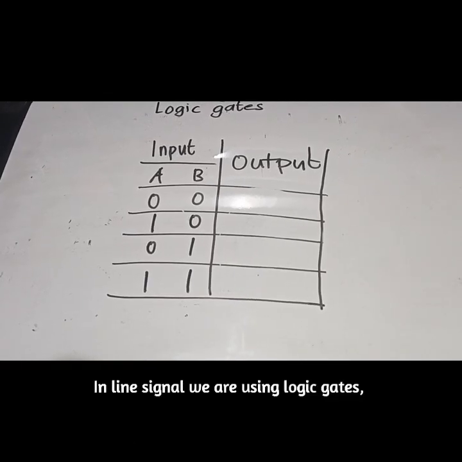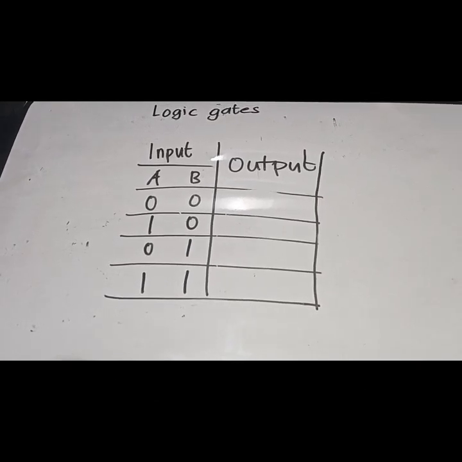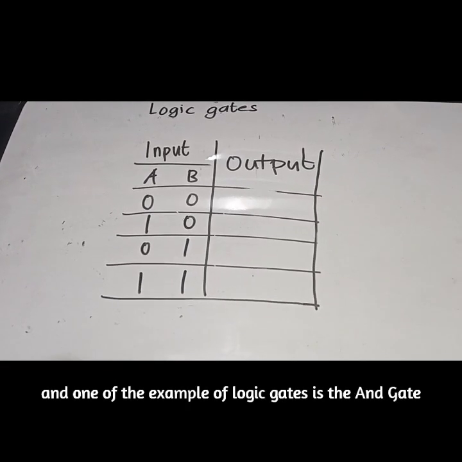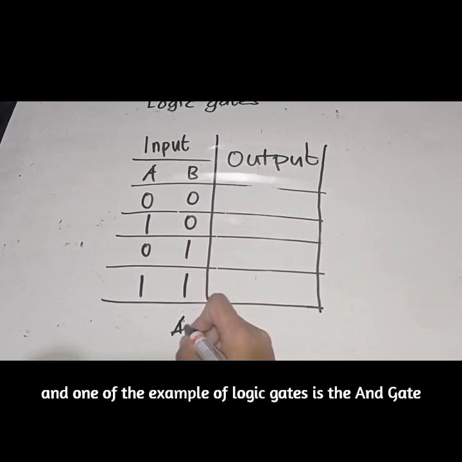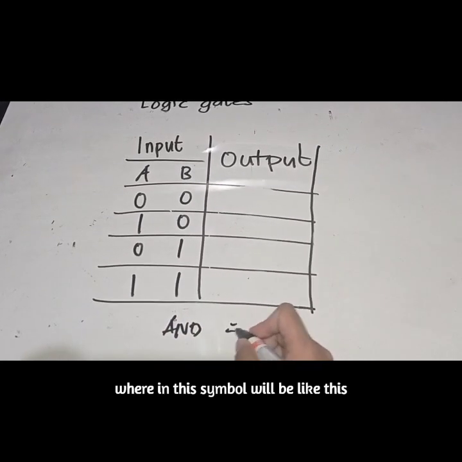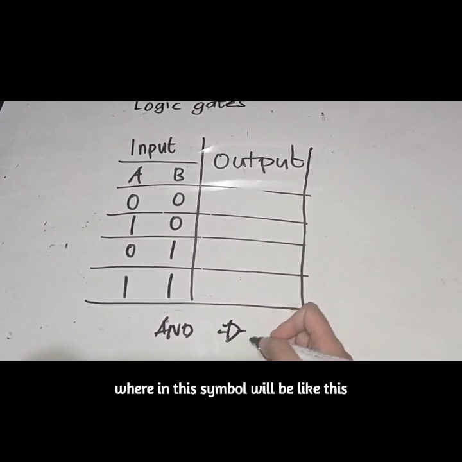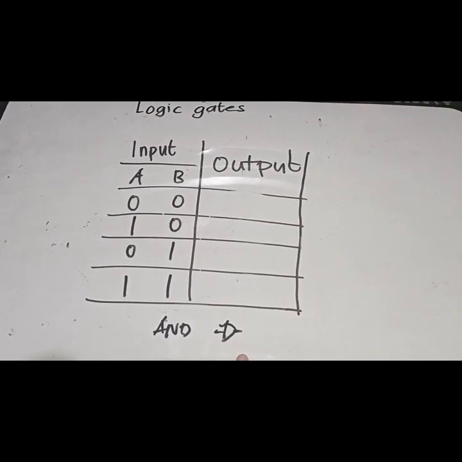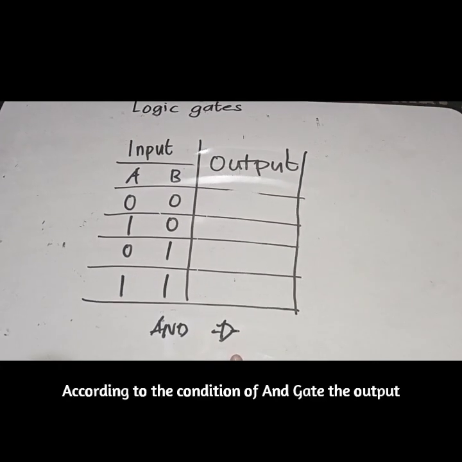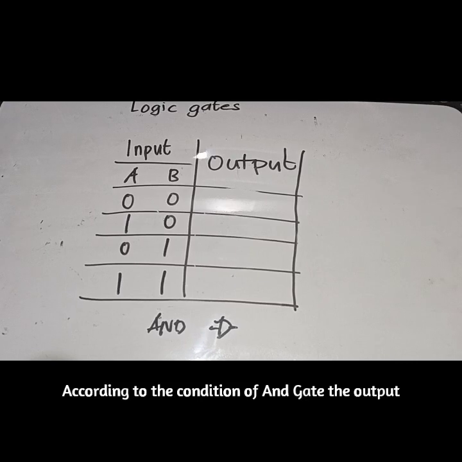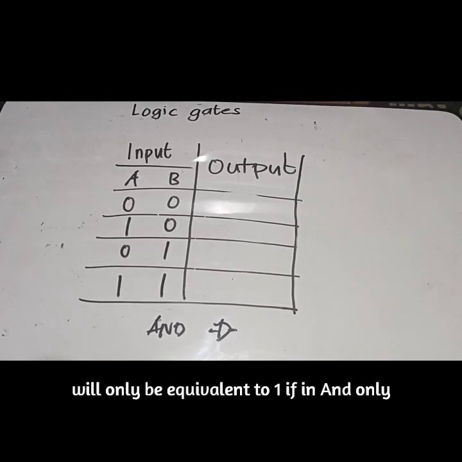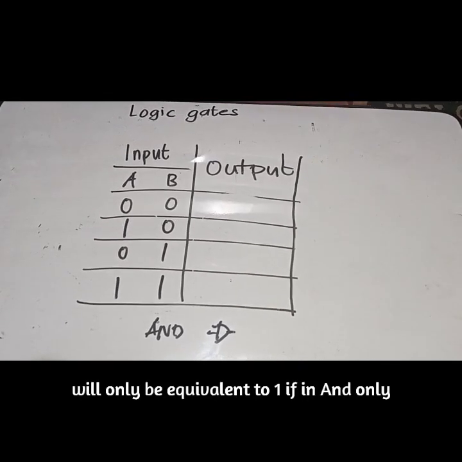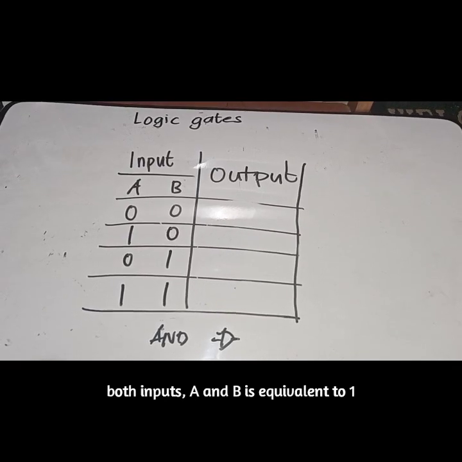In line signal, we are using logic gates. And one example of a logic gate is the AND gate, wherein the symbol will be like this. According to the condition of the AND gate, the output will only be equivalent to 1 if and only if both inputs A and B